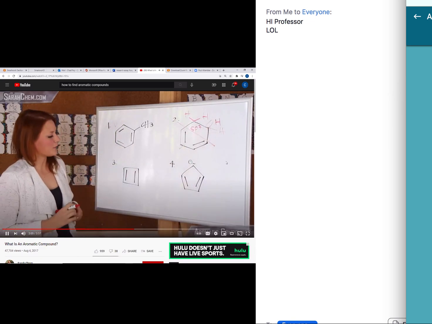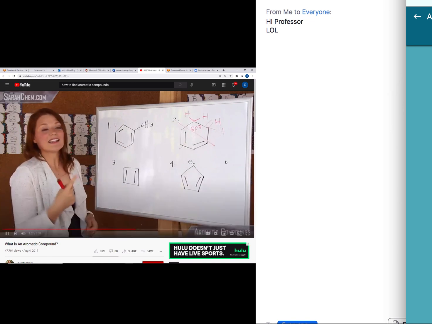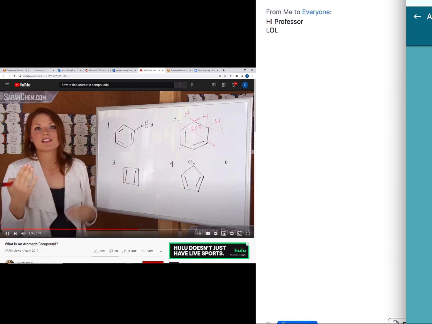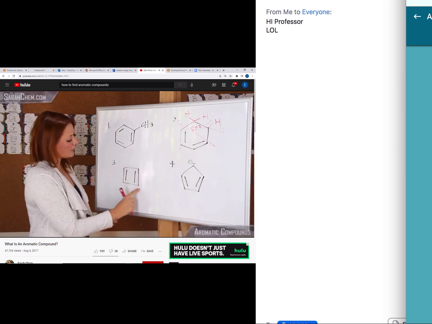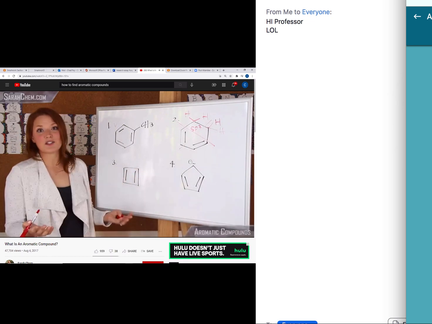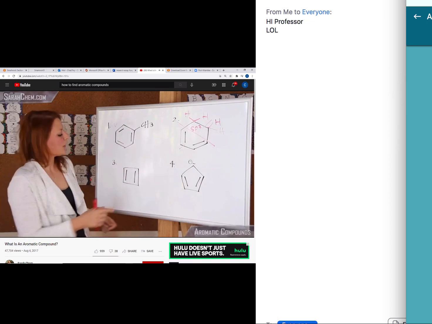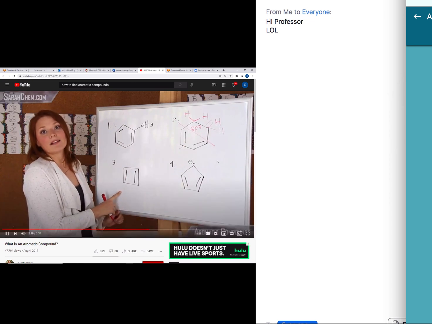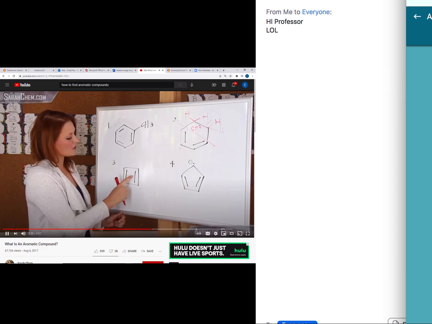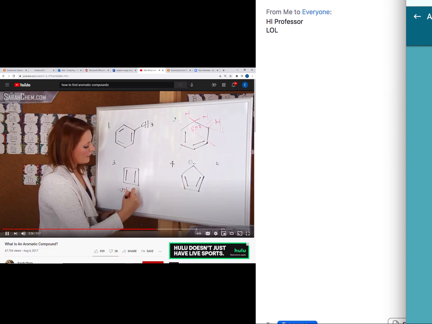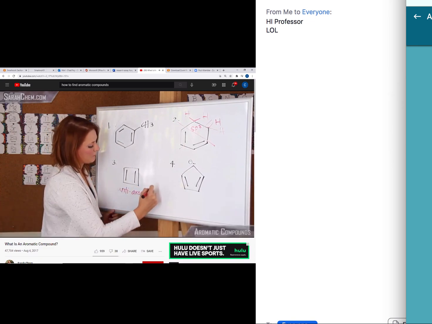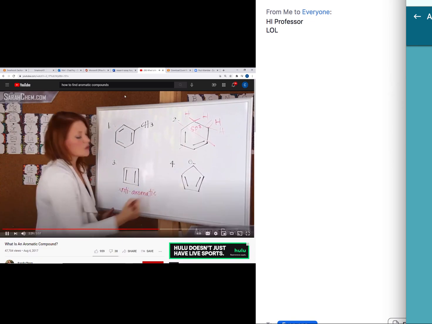Let's try again on the third one. So here, cyclic, it is. It may look like a square, but that's still a cyclic compound. The second criteria, planar. All of these carbons are sp2 hybridized, so we're doing well so far. The third criteria, an odd number of pi cloud electrons. In this case, we actually have 2. So this would be a different kind of compound, and it would be called anti-aromatic. So whereas aromatic compounds are